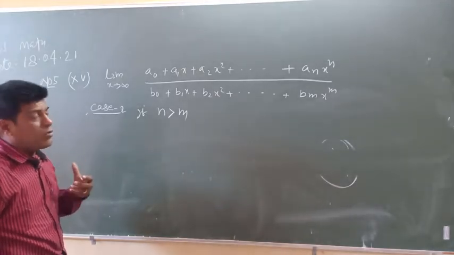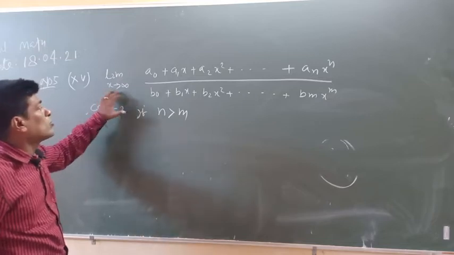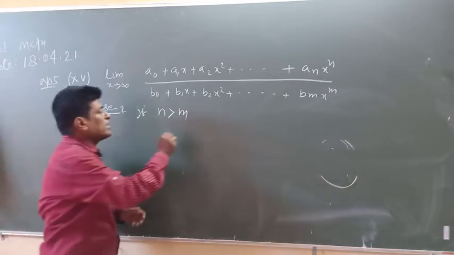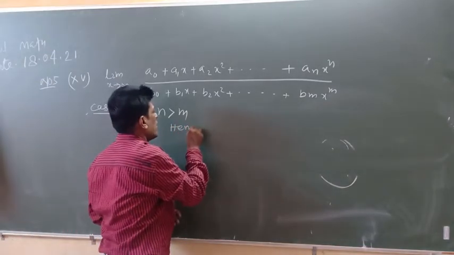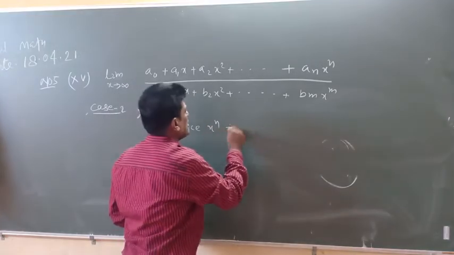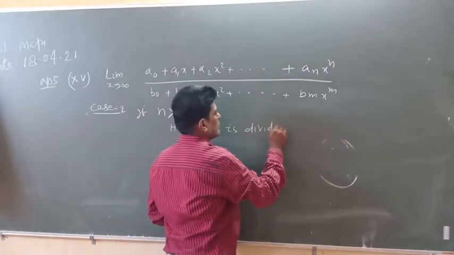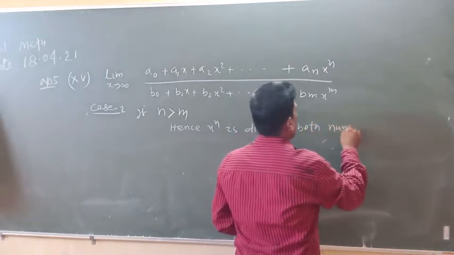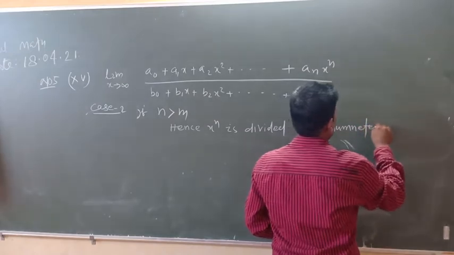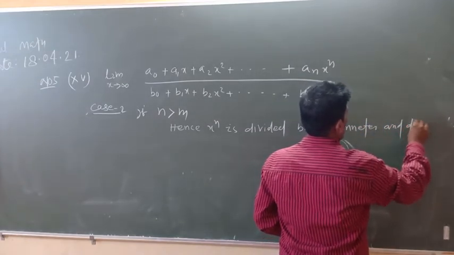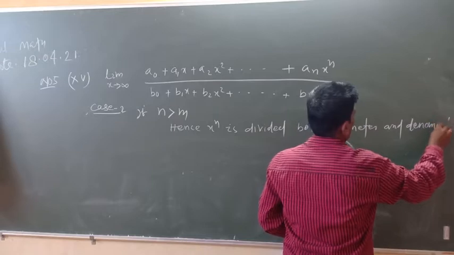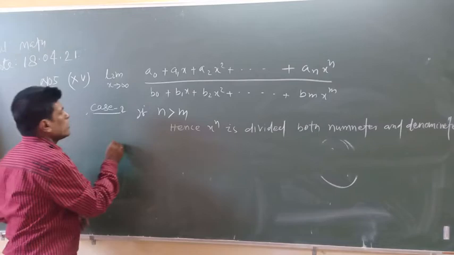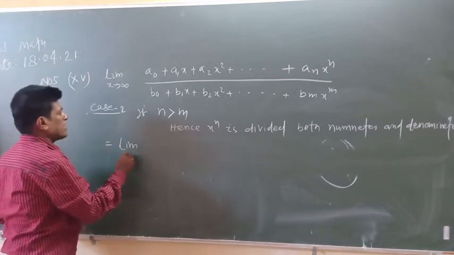As I told you, when x tends to infinity, the highest power is divided throughout the equation. Hence x to the n is divided in both numerator and denominator. So that becomes the limit as x tends to infinity of